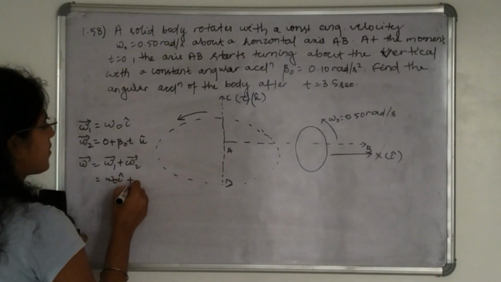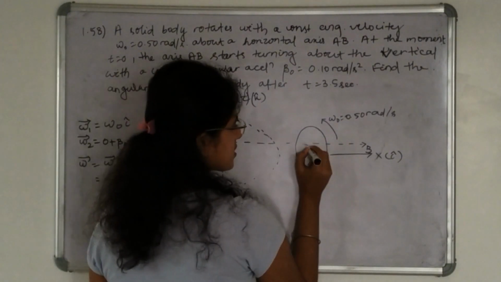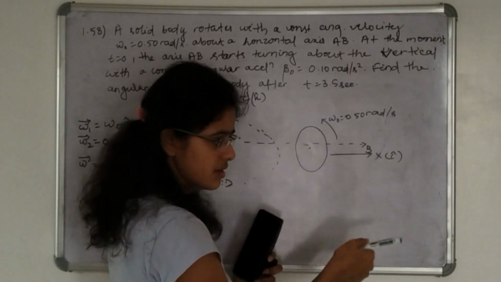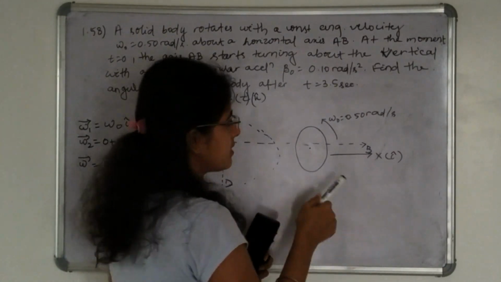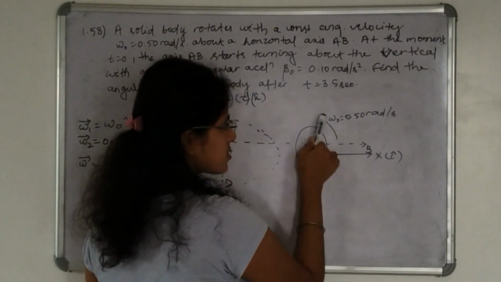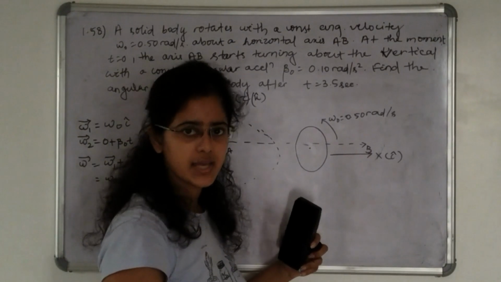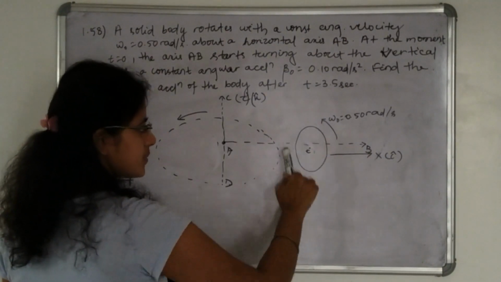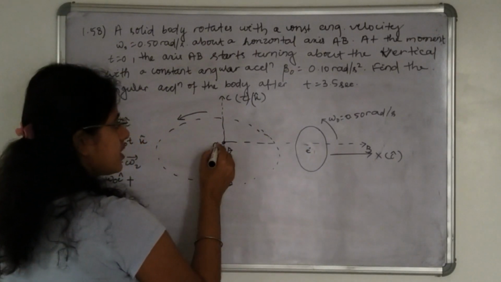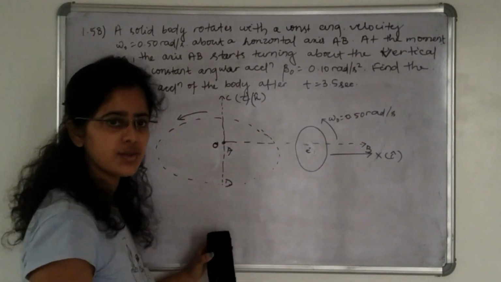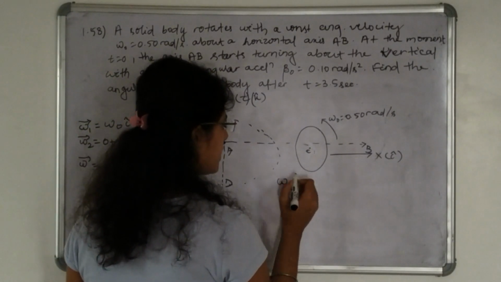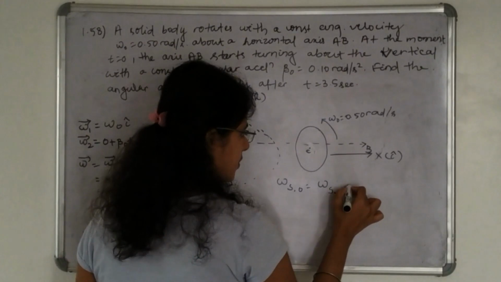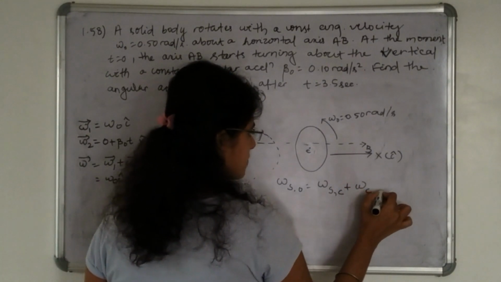Omega naught I cap plus, if you place a person at the center of this solid body which is rotating along this horizontal AB axis, then for that person angular velocity is how much? Omega naught I cap. But we have to derive the angular velocity of this solid body with respect to, let us say, this point O. How can you derive this? Solid body with respect to O is how much? Solid body with respect to C plus C with respect to O.